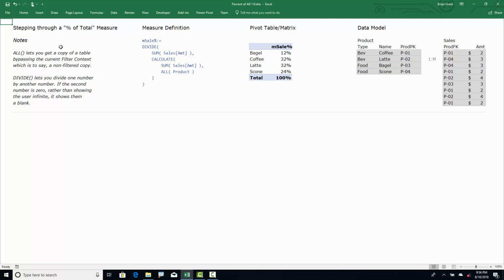Before we get into that, though, I've got 2 notes. We've got the ALL function, which is going to let you get a copy of a table bypassing the current filter context, which is to say a non-filtered copy of the table. Usually when you get a copy of the table, it's filtered by the current filter context. If you wrap the asking for it in ALL, you bypass that